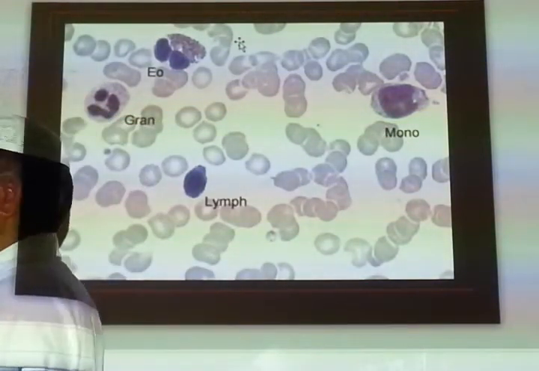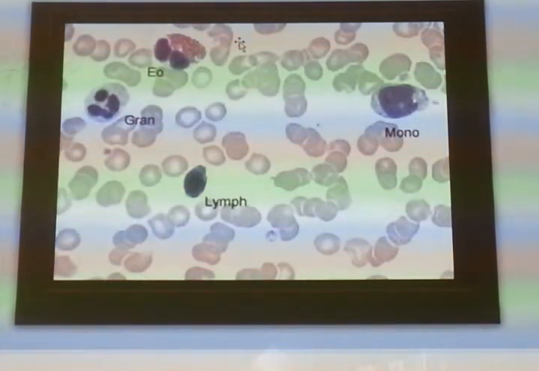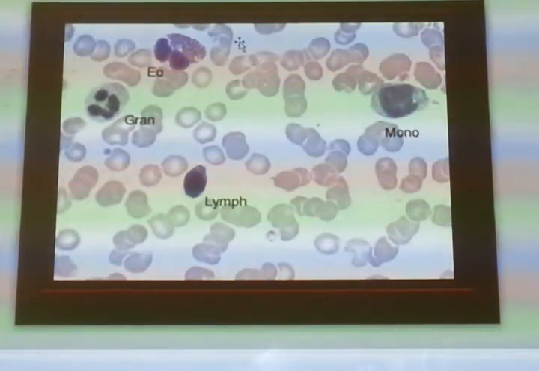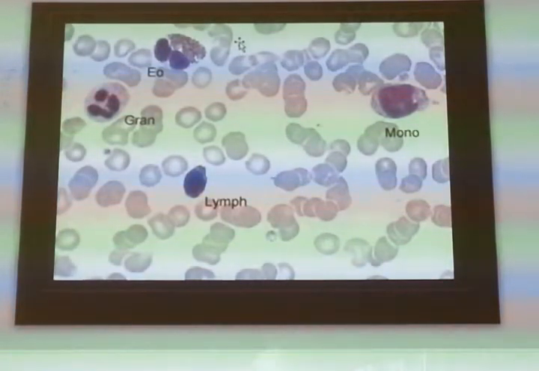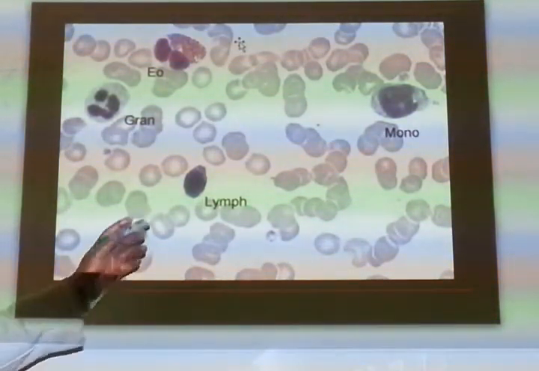For example, in a differential count, if we counted 20 lymphocytes when we counted 100 white cells, out of this 20, 80% means 16 will be small lymphocytes, and 20% means 4 of the 20 will be a bit larger,